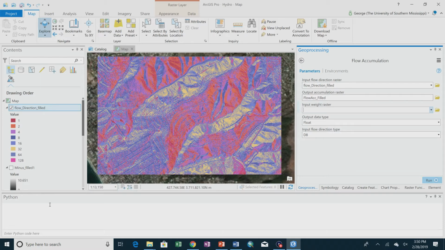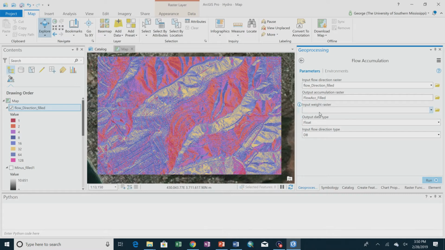So using the weight raster allows you to determine that value. The weight raster multiplies a particular cell by a weight, which could represent things like the water flow. There's also, trying to think of some other reasons that you would do that, but